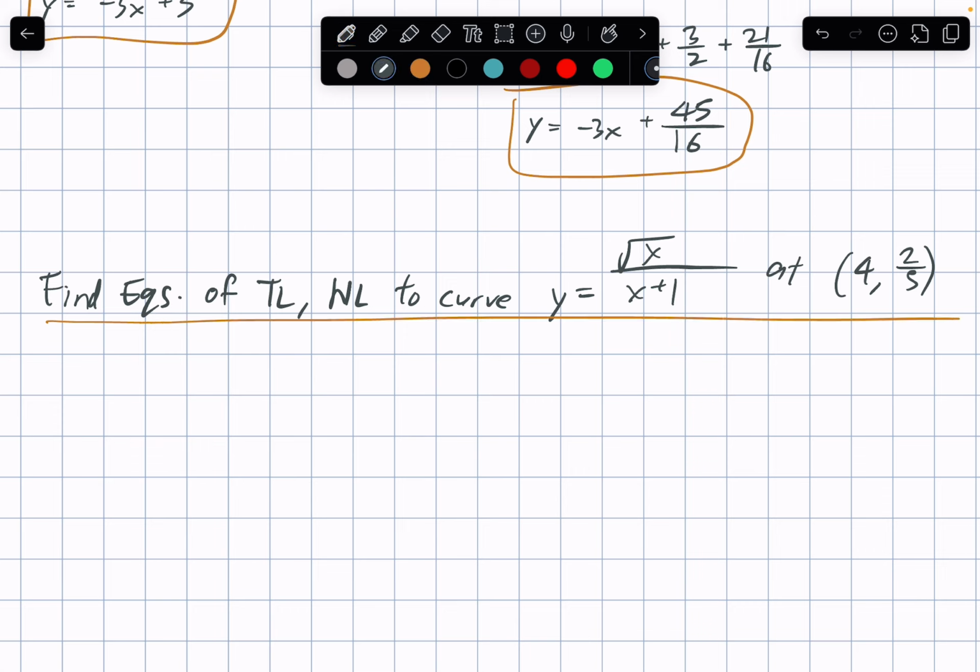So we're not given a line, so let's immediately find the derivative of our curve. So x plus 1 times